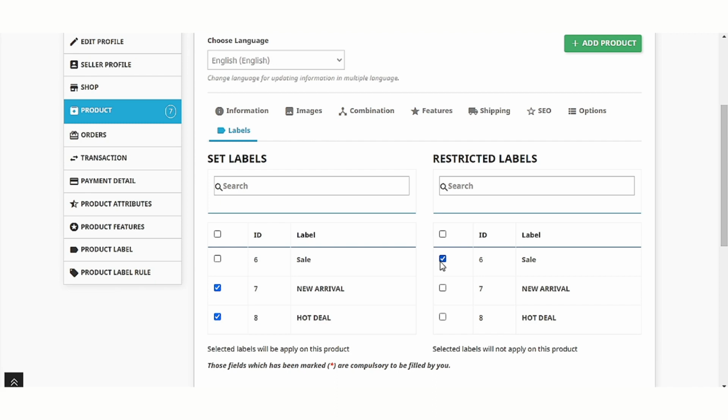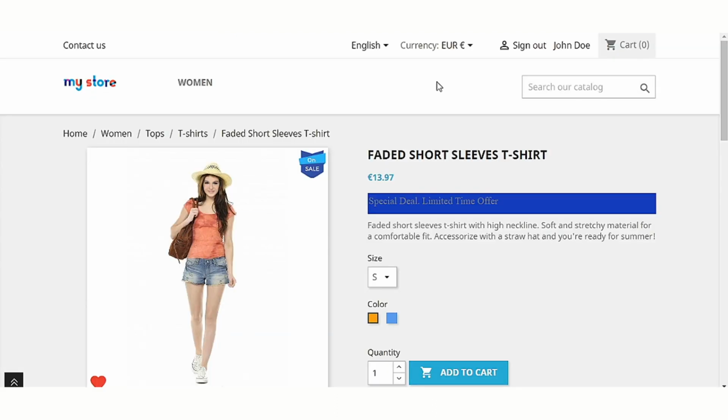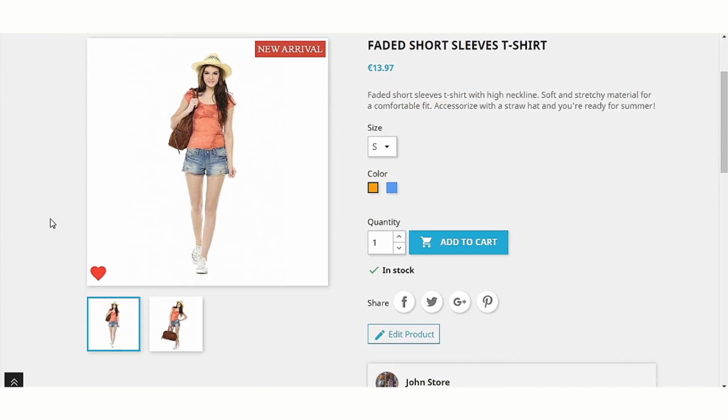Earlier, all 3 labels were assigned to the product. Here we can see only the labels new arrival and hot deal are getting displayed on the product image.